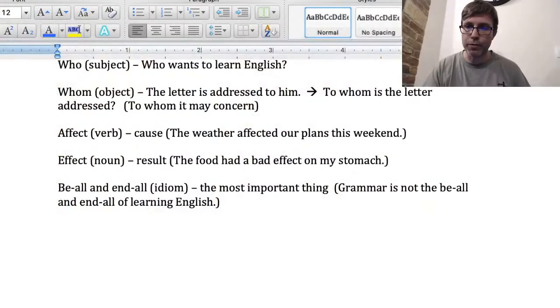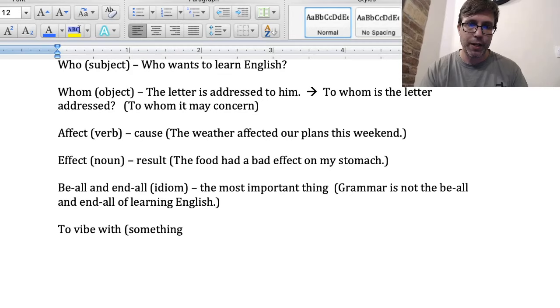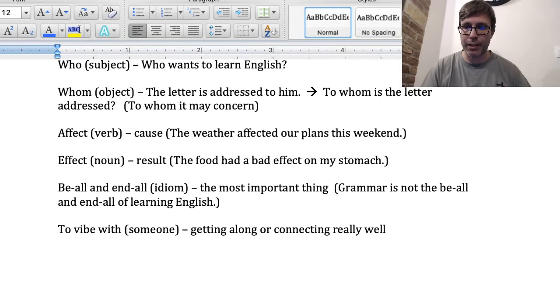Abdurrahman asked, what is the meaning of vibe? So let's go over here. That's a good word. To vibe would be used as a verb, and I would think you're often going to follow it with, to vibe with someone. And what it means, if you're vibing, it means that you are kind of getting along or connecting really well. You're getting along or connecting really well, and you are vibing with that person. So I think that's how people might use it, and that's more of an informal use of that.